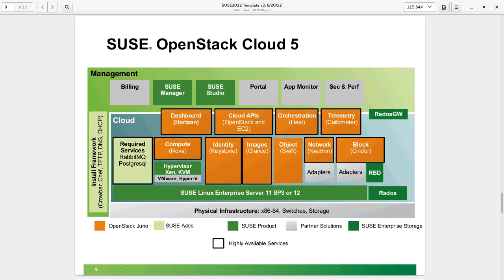It all runs on Souza Linux Enterprise Server, which means that it's fundamentally supported on pretty much all modern hardware that's running in customer data centers today. Souza Linux Enterprise Server is certified on all major server platforms, and that allows customers to deploy on existing infrastructure as well as to expand that infrastructure confidently that things are just going to work.